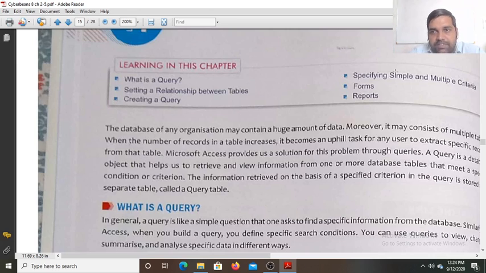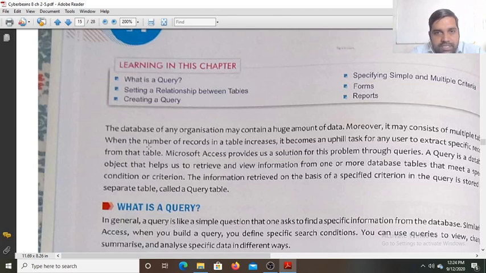The fourth is specifying simple and multiple criteria, that is, how we put one condition and more than one condition in a table. The fifth one is forms, how we create forms, and the sixth one is reports, how we create a report on the basis of the values of the table.